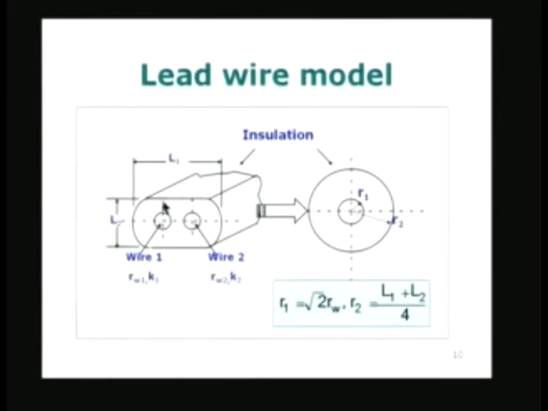And for the insulation layer, the R2 will be effectively L1 plus L2 divided by 4. This is what is supposed to model this insulation. This is simply a model. That means that we are trying to estimate the error in temperature measured because of conduction, and it is adequate to make a model of this type, because the error itself is assumed to be small in any application, and we are trying to account for it by an approximate calculation procedure. If we want to actually do a very realistic job of the whole thing, it becomes a difficult process, and usually it is not warranted for most of the applications.